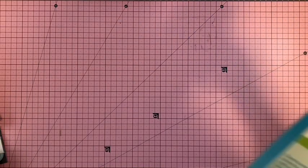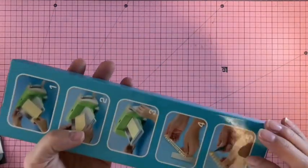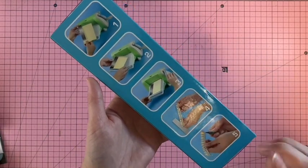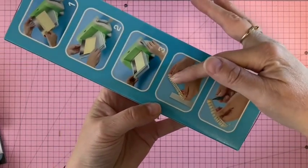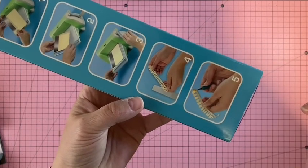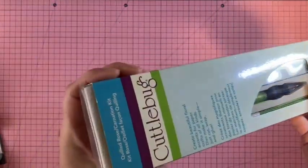Okay, next up I have this paper quilling set. So you will need some sort of a die cutting machine to use this die. And you can see here the type of die cut it'll cut out for you, and then she's using the paper quill to roll up the flower. So inside of this